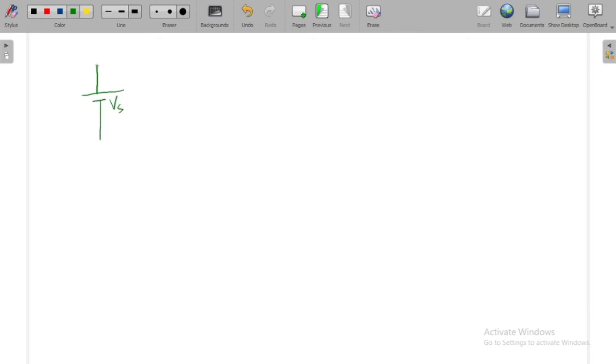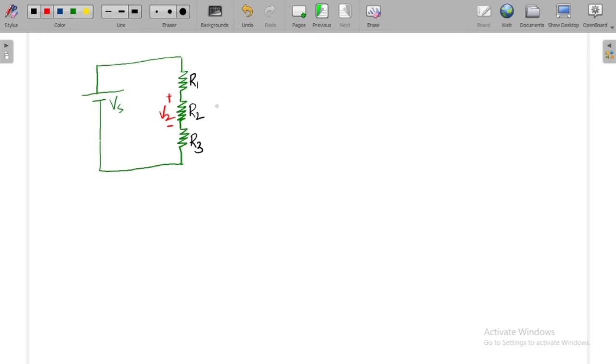We need to understand the concept behind it, right? In order to understand that, I am considering an example circuit where we have a voltage source Vs, a battery Vs, and it is connected in series to a series combination of three resistors, R1, R2 and R3. These are the three resistors across which the battery is connected, right? I am considering this circuit as an example circuit. Now I want to find the voltage across R2. I represented this as V2, right?